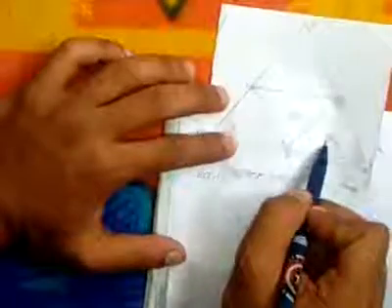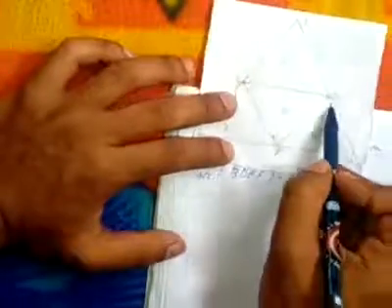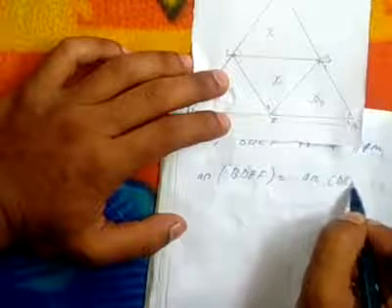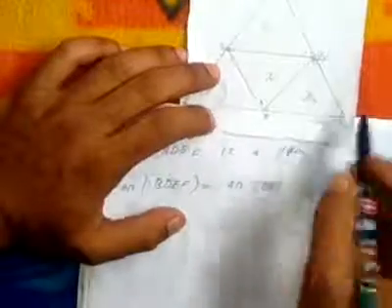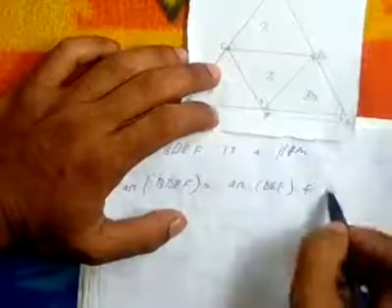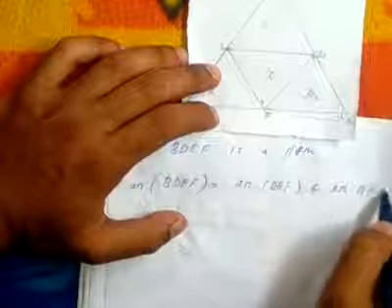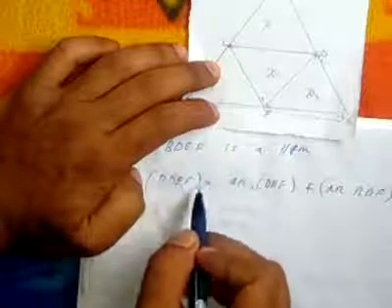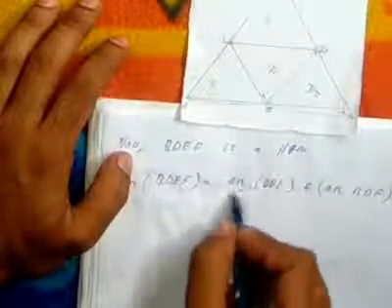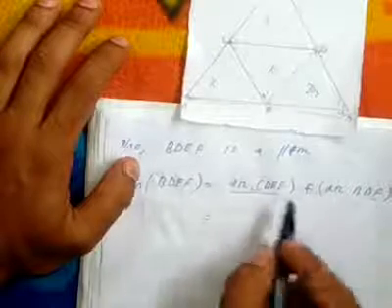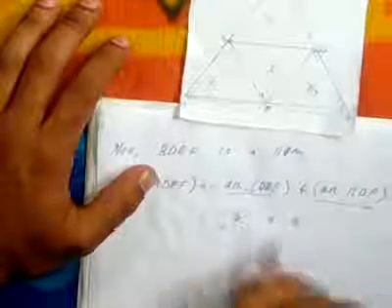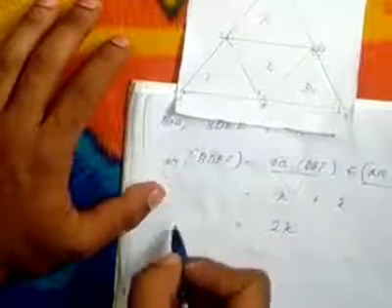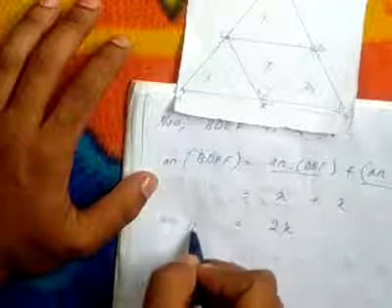if we add these two triangles, we will get BDEF, isn't it? So we'll write area of DEF plus area of BDF. If we add these two, we will get BDEF, isn't it? In place of these we can write x and x, because these areas are equal to each other. Then we will write x plus x, which is 2x, isn't it? So this one will be the same, area of BDEF.